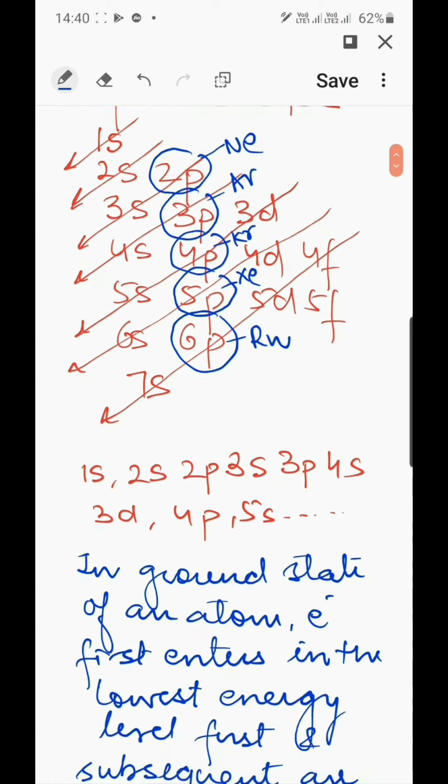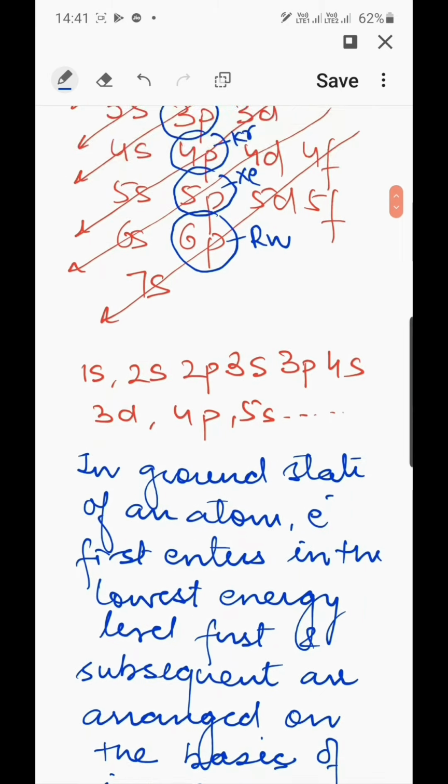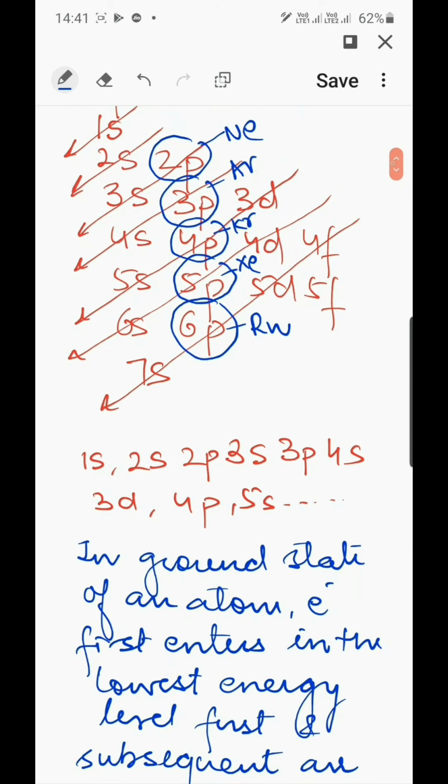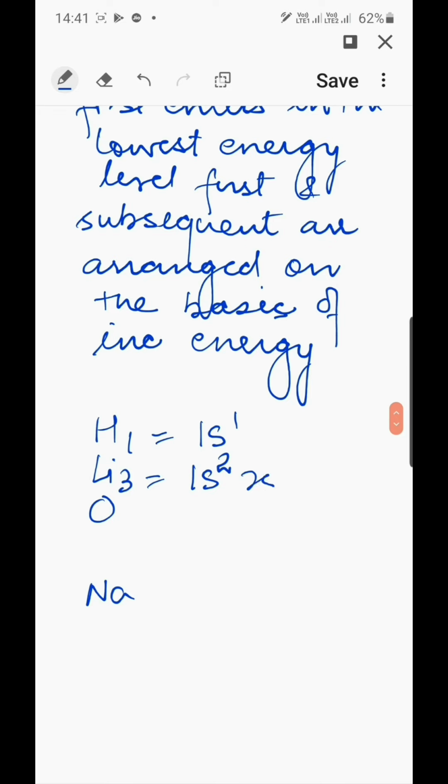Okay, I am going to take a few examples. For example, we are going to write the electronic configuration of elements, suppose hydrogen, oxygen, sodium. What is the atomic number of hydrogen? That is 1. This is 1s1. And if there is lithium, how can you write? The atomic number of lithium is 3. So the s orbital contains a maximum of 2 electrons, and the third electron passes to the next level, that is after 1s we fill 2s. So it is 1s2, 2s1. 2 plus 1, 3. There are 3 electrons.